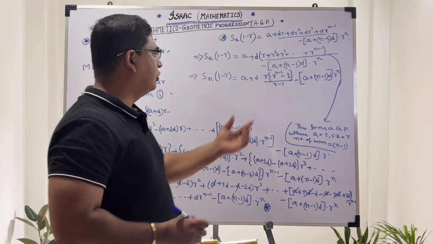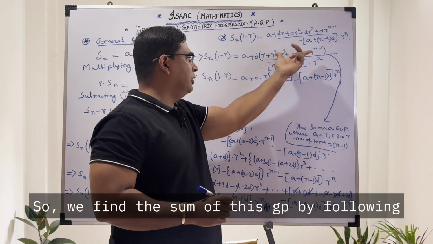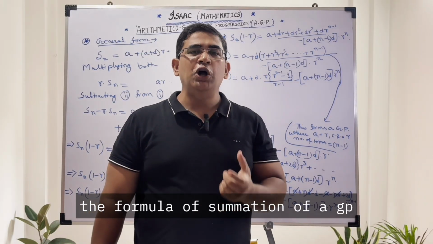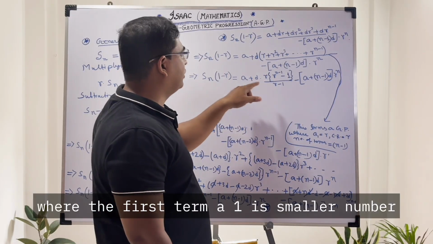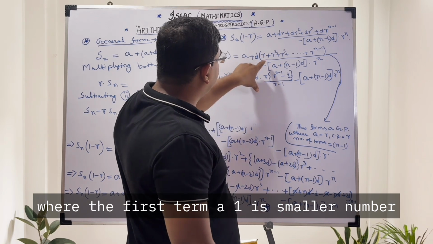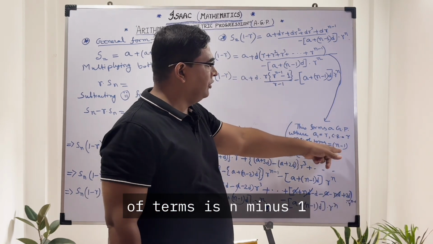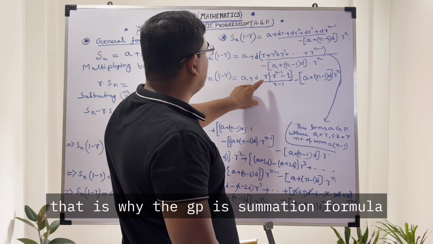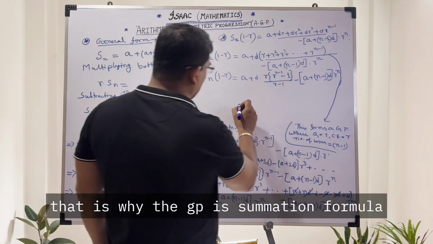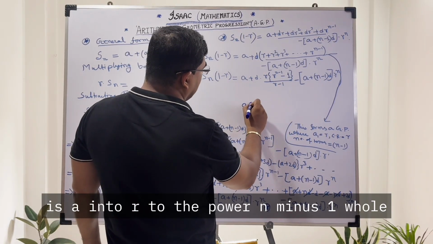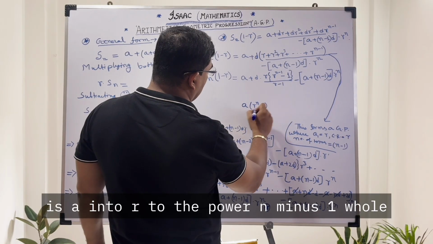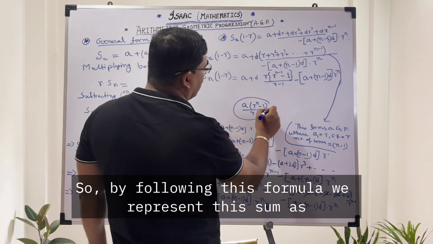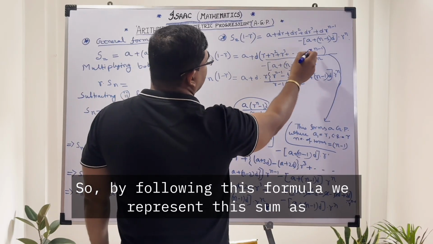Okay. So we find the sum of this GP by following the formula of summation of a GP, where the first term A1 is r, number of terms is n minus 1 and the common ratio is r. That is why the GP summation formula is A into r to the power n minus 1 whole divided by r minus 1. So by following this formula, we represent this sum as